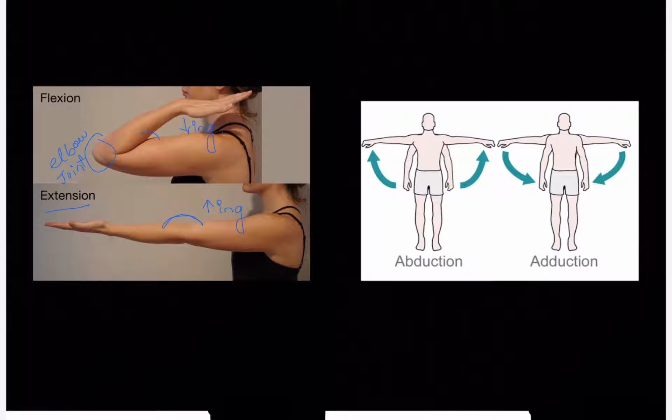Abduction and adduction, one more silly thing, but people get confused about it. We'll be starting with adduction. In the word itself, you see the word add. Add means adding something. So in this picture you can see the boy is having his hands on the horizontal. He has opened his hands into the horizontal position. Now he is bringing back his hands to his sides. So he's adding his hands towards his body, right? So this is called adduction. Adduction is adding towards the body.